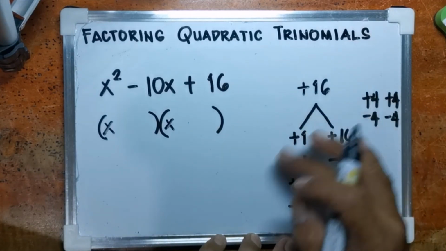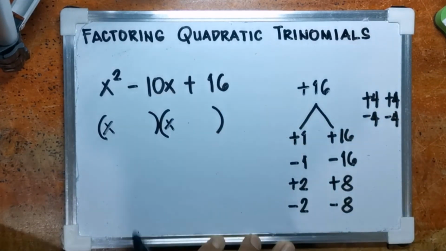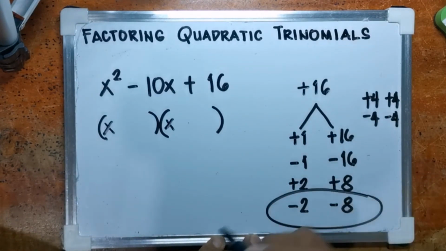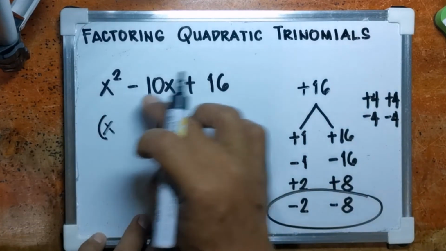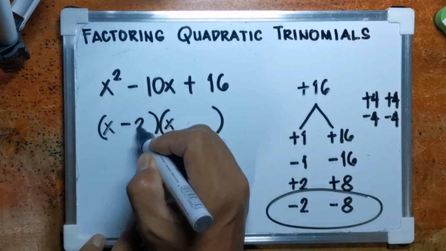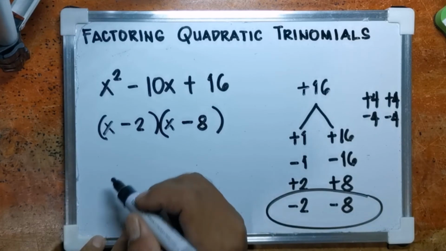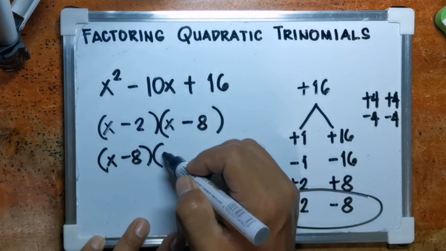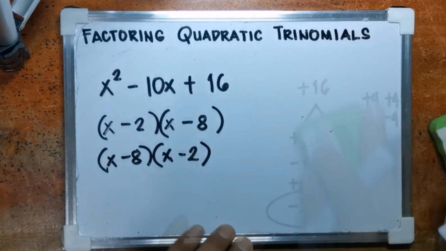Okay. Which among these pairs of factors has a sum of negative 10? That is negative 2 and negative 8. Therefore, the factors of this trinomial are x minus 2 and x minus 8, or x minus 8 times the quantity x minus 2. So to check,